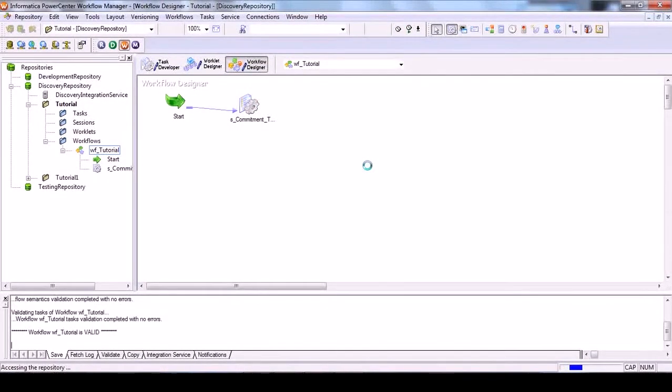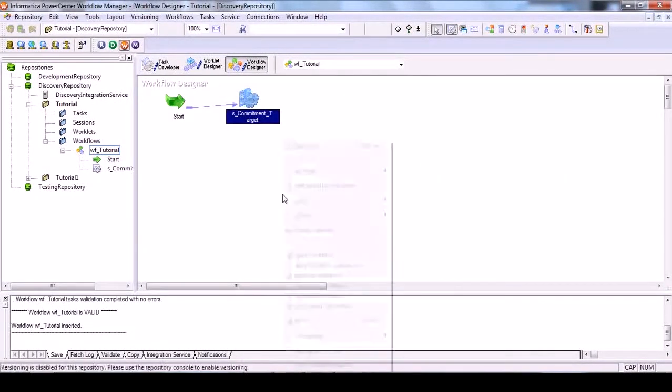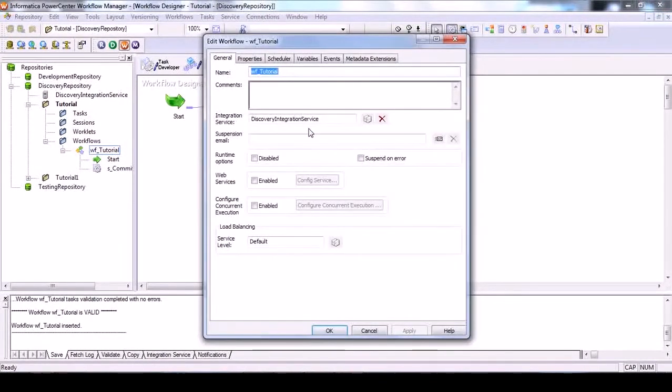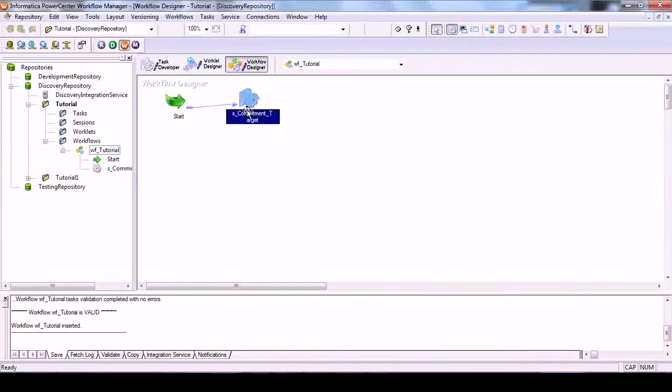Okay, so now wf underscore tutorial is being saved. It has been validated, right? So we can start the workflow from this task. Let's just see if anything we need to change in the workflow properties. No, we don't need to.